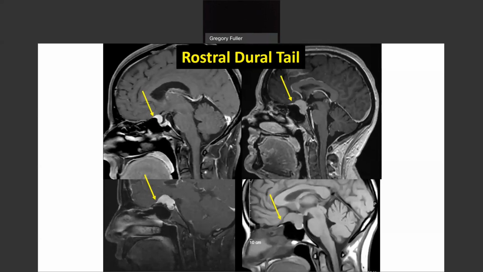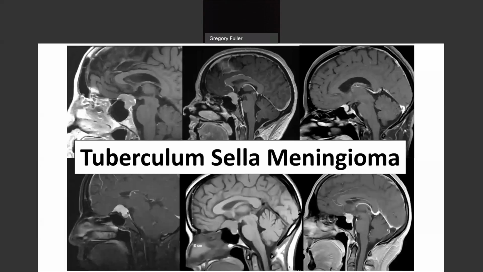Okay, I got to thinking about this. Let's go back. Let's look at all 6 of these panels. They're so reproducible. I got to thinking, what does that shape look like? I'm going to create a new imaging sign for the appearance of tuberculum sella meningioma on a mid-sagittal section. And I got to think, well, it looks a little bit like a dolphin maybe, but the dolphin, bottlenose